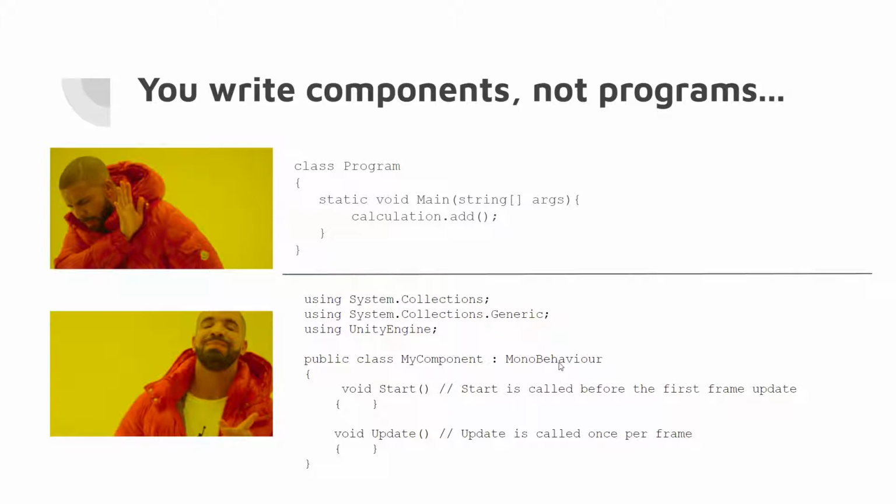I'm surprised it wasn't called MonoComponent or something like that, but it's MonoBehaviour for historical reasons. Two of the main events that the component uses to talk to the system, or for the system to talk to that component, are Start, when you press the play button in the Unity editor or the player starts the game,